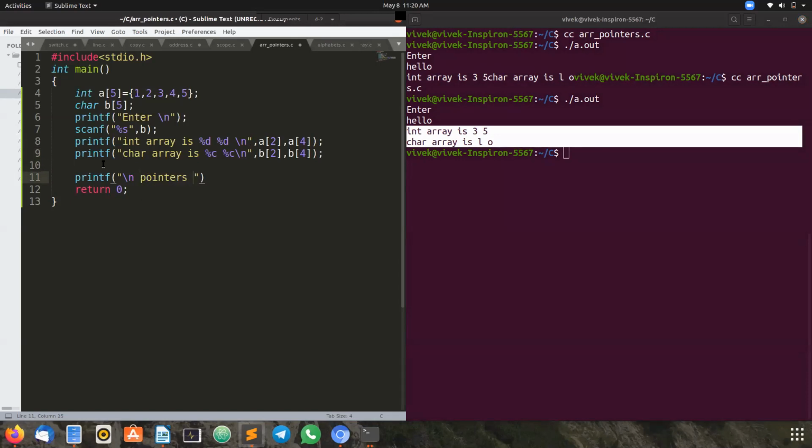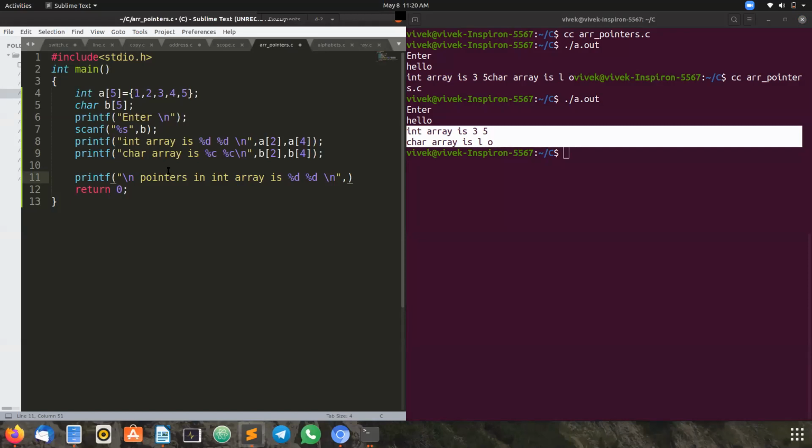That is using the pointers in the int array, it is the same %d we use, but the change comes here. There we have mentioned a of 2, but what can we write instead of that? Can anyone tell me?